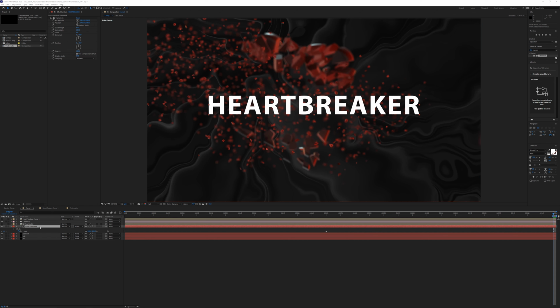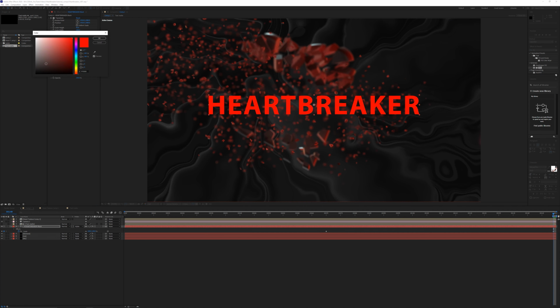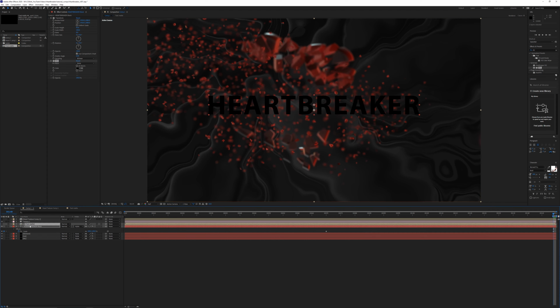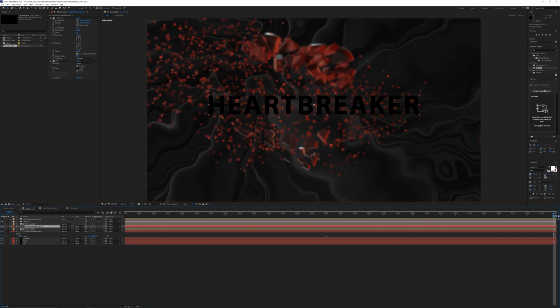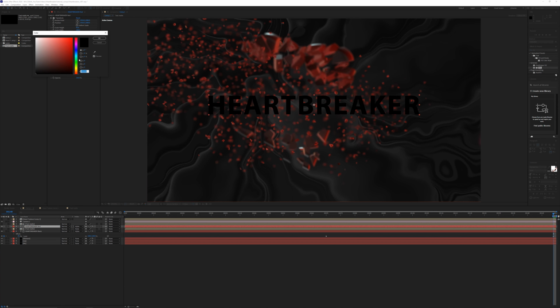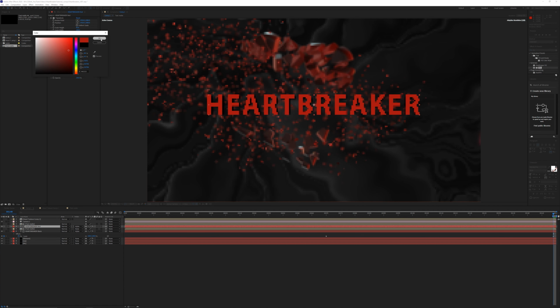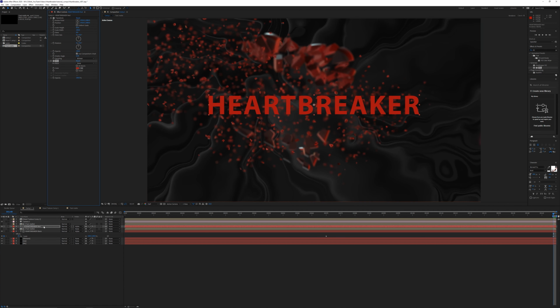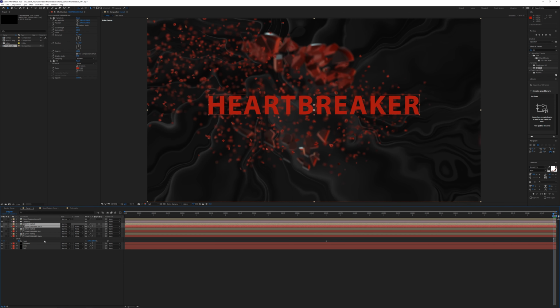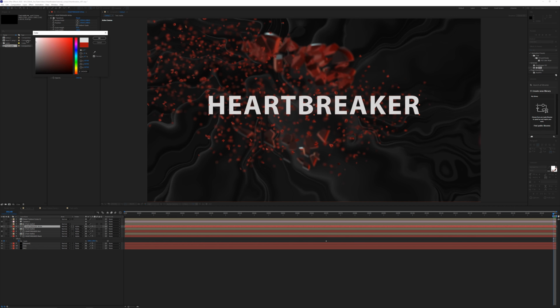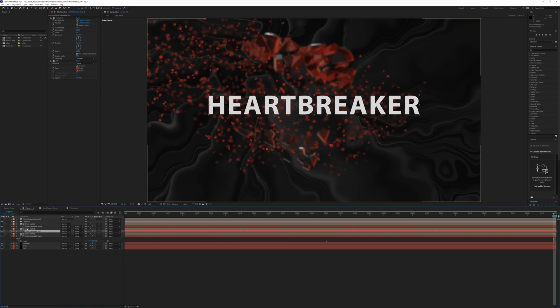All right, so what we're going to do, we're actually going to have 3 layers like this. So this one is going to be called Heartbreaker Black, and on this one, we're going to grab a fill effect and then make the fill effect black. Then we're going to select both the text and the matte, duplicate them with Ctrl D, just click enter to rename it, call this one red. Then on the fill effect, we'll just grab a reddish color, like a dark red. Then duplicate them both again and rename the last one to be white. And then we'll just grab kind of an off-white color. Not 100% white, but something like 85 to 90% white.